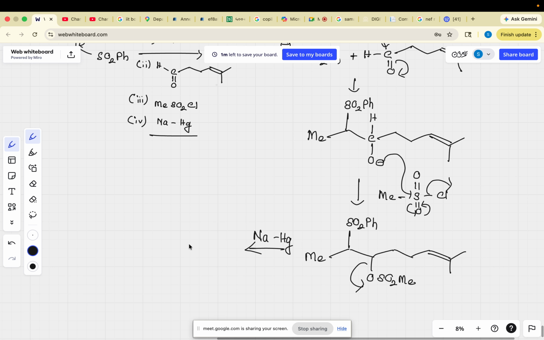If you have sodium, sodium will donate electrons there, and ultimately what you will get, negative charge here, similar to your Birch reaction. It is leaving from here, so you are getting positive charge here, sodium is donating electrons, so you are getting negative charge here. Once you get negative charge here, what will happen, this negative charge will donate back the electrons, SO2Ph will leave from here. Ultimately what you are getting, Me,